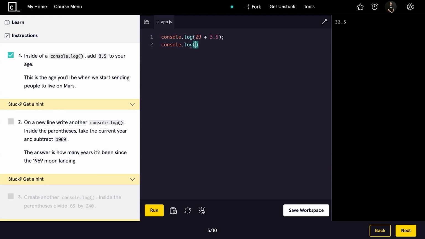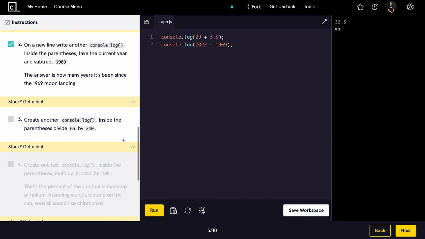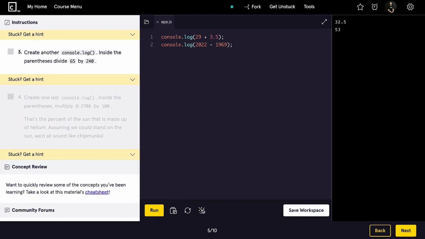Console.log. The current year is 2022, so we'll do 2022, and then subtract 1969. Add a semicolon, run the code. It's been approximately 53 years since the moon landing. Alrighty, checkpoint 3. Create another console.log. Inside the parentheses, divide 65 by 240. All right, go to my editor,